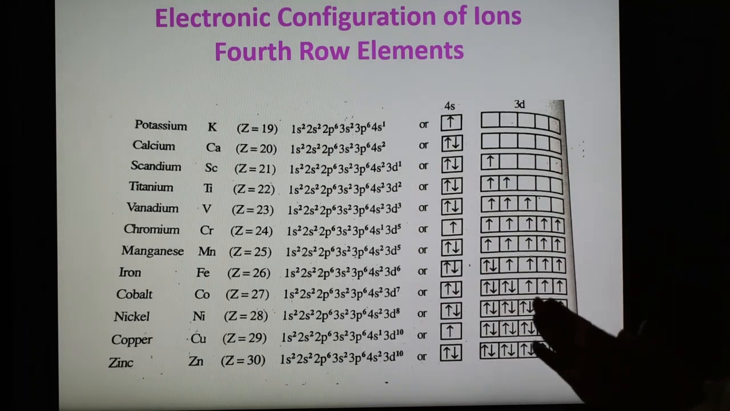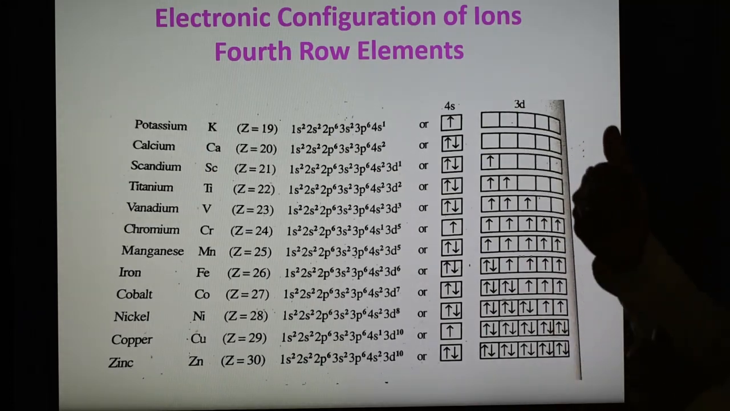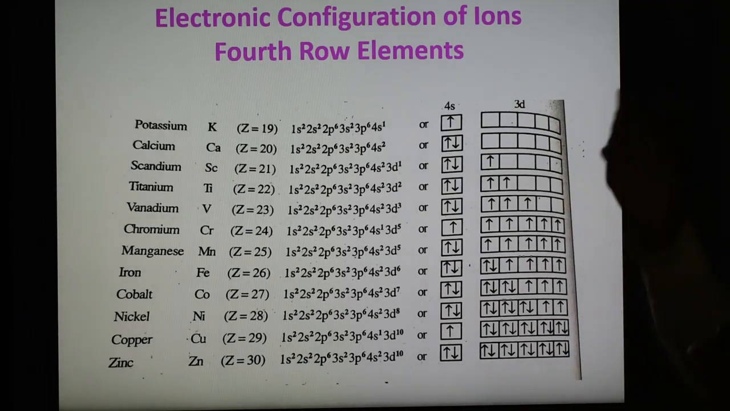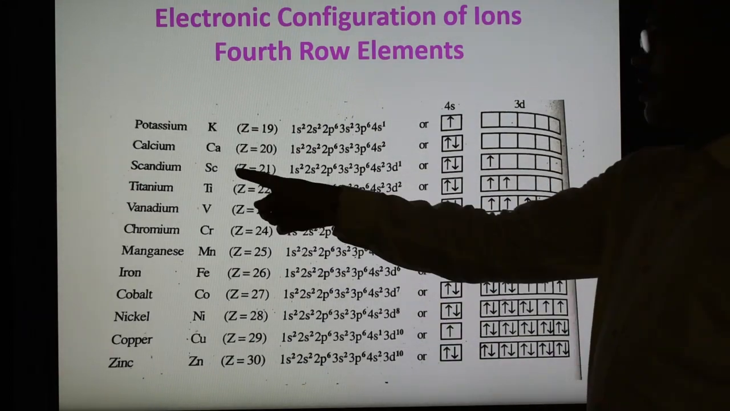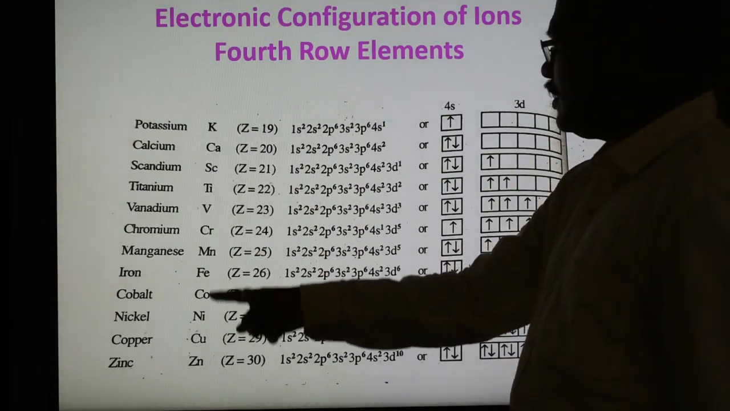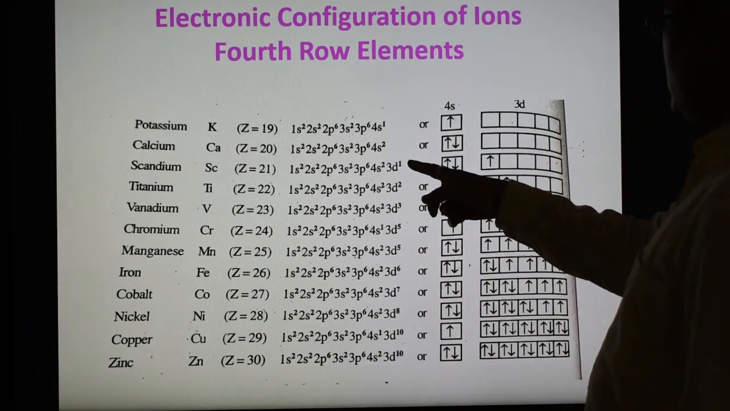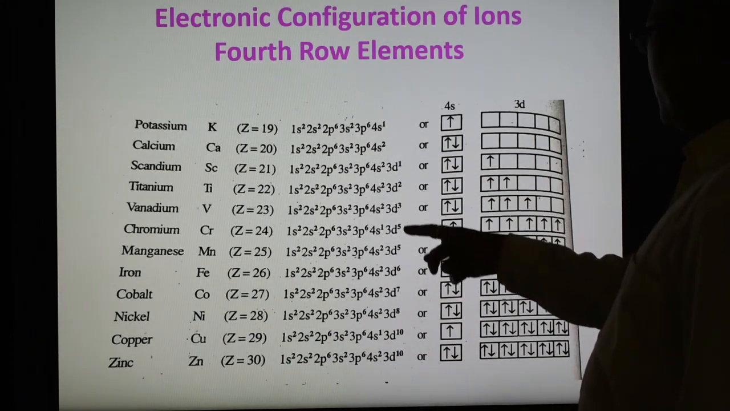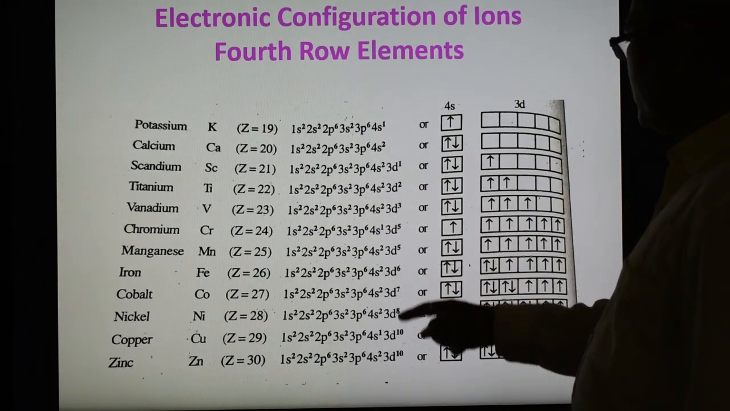Now the important point is that when the last electron goes to the s orbital, it is known as an s block element, and when the last electron goes to the p orbital, p block. Here the last electron goes to the d orbital, therefore all these elements are known as d block elements. This is the first transition series from scandium to zinc, from atomic number 21 to 30, and here the d orbital is filled progressively, one by one, 1, 2, 3, 4, 5, 6, 7,